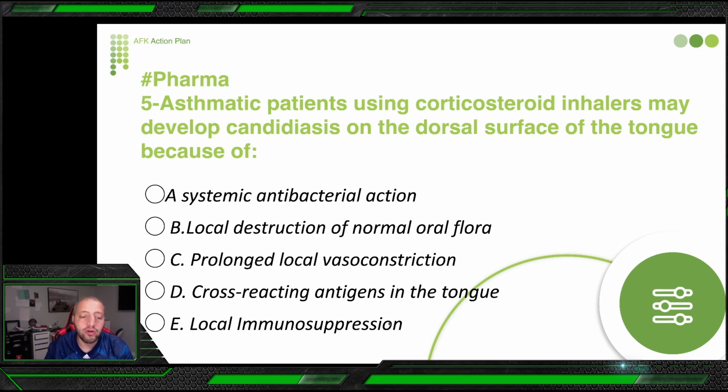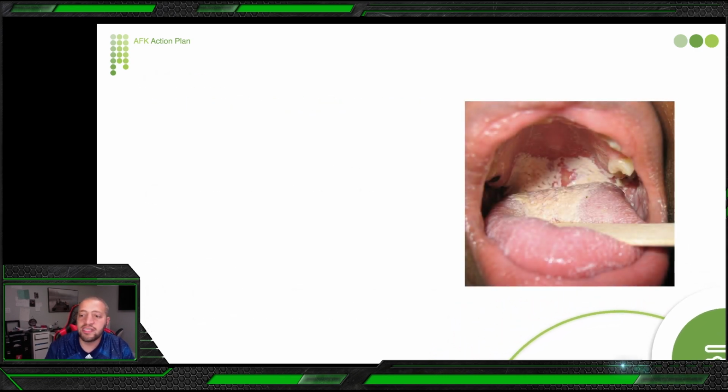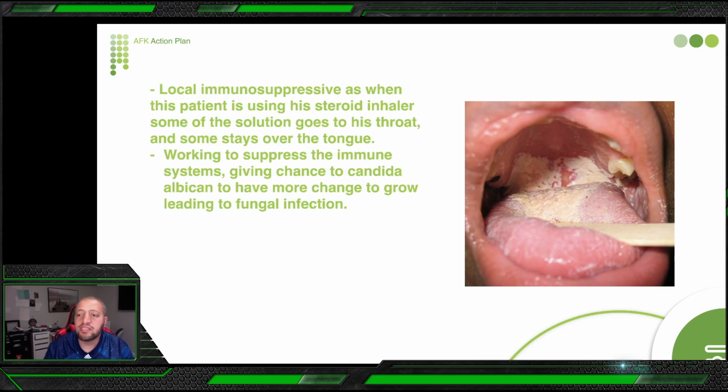When the local immunosuppression happens in this area, here goes the Candida albicans. Candida albicans is an opportunistic infection when the immunity is lowered, so it has a chance to grow more and more. And when it grows more and more, it will lead to candidal infection. So here the picture you will see looks like this one. You will see a patient with candidal infection in his tongue, and when you speak with him, you will see he has some history of prolonged use of antibiotics or some steroid inhaler.